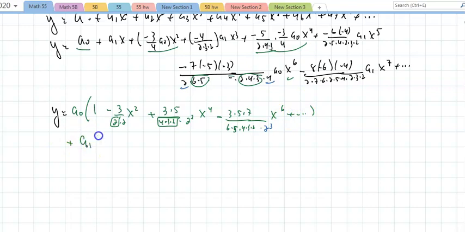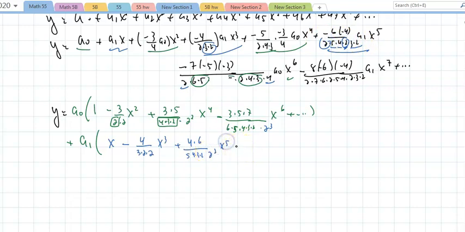plus a sub 1 times, and let's go with the ones. The 1 has an x, this piece, minus 4 over 3 times 2, that's the factorial, times 2 to the 1, x cubed, x to the 5th is plus 4 times 6 over, I need 5 times 4 times 3 times 2, and I'm left with a 2 and a 2, that's 2 squared, x to the 5th, and one more term,